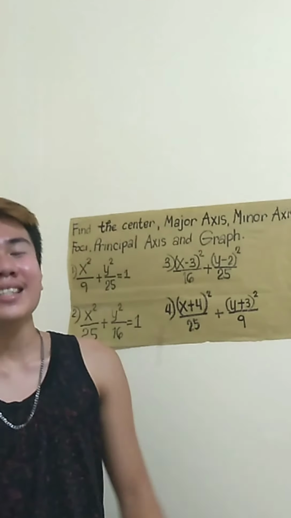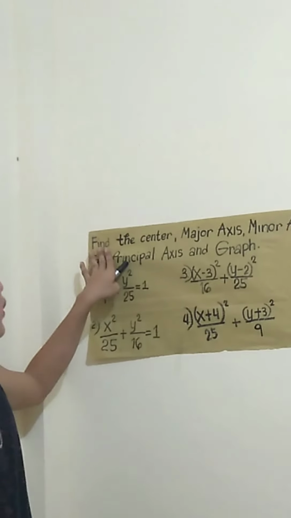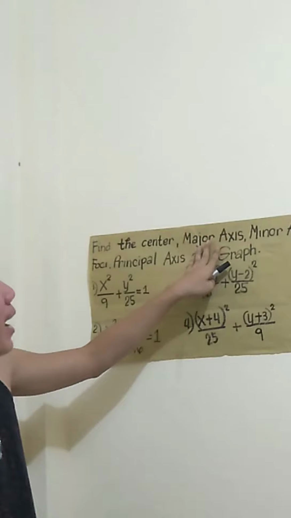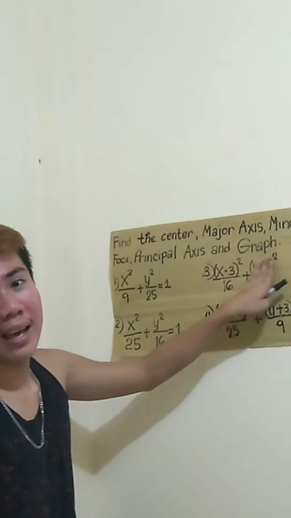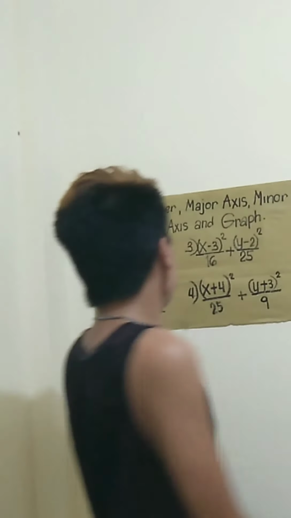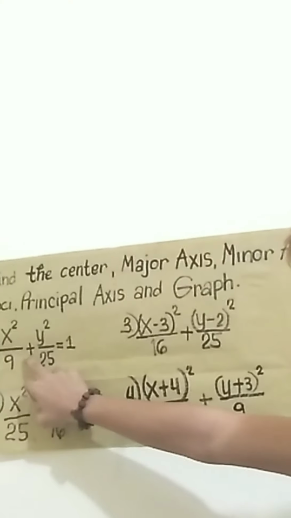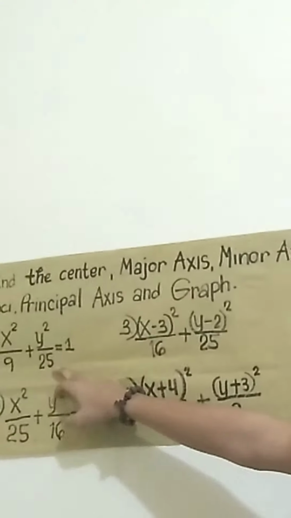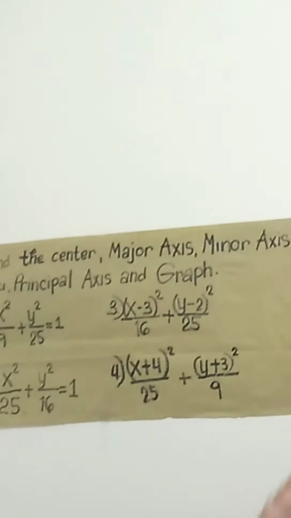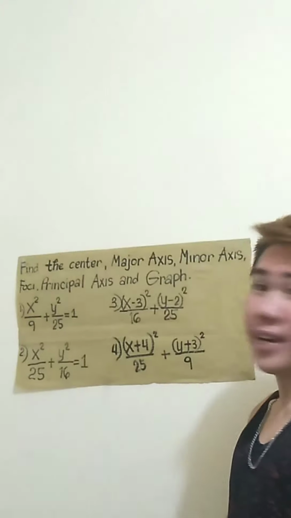And now, it's time to assess. It's assessment time! So now, we're going to find the center, the major axis, the minor axis, the foci, the principal axis, and graph. So first, we need to find the center. So the given equation in number 1 is x squared over 9 plus y squared over 25 equals 1. Note that the biggest one there is the major axis. So between 9 and 25,